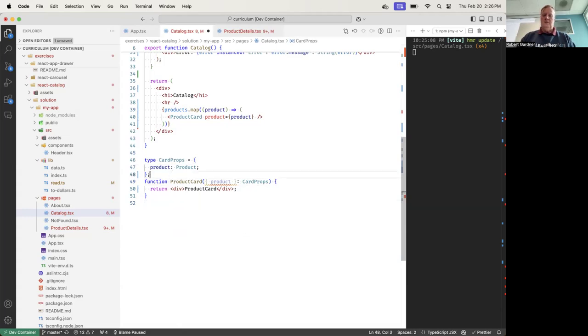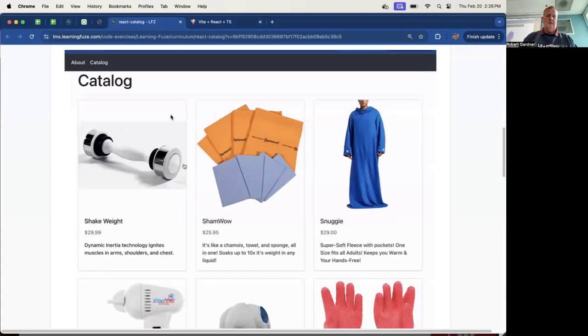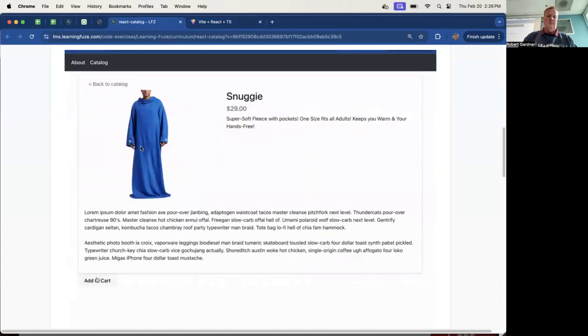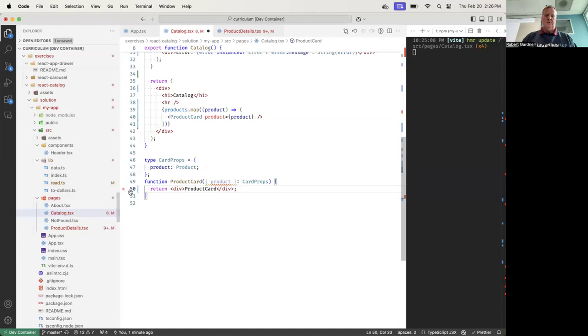Leave the semicolon there. And now I'm going to have to figure out how to lay out my card. So I've forgotten what the cards look like. The card has an image, a div with a border around it. Then it has an image, title, price, short description. Okay, so I'm going to have a div around it, and inside of there,